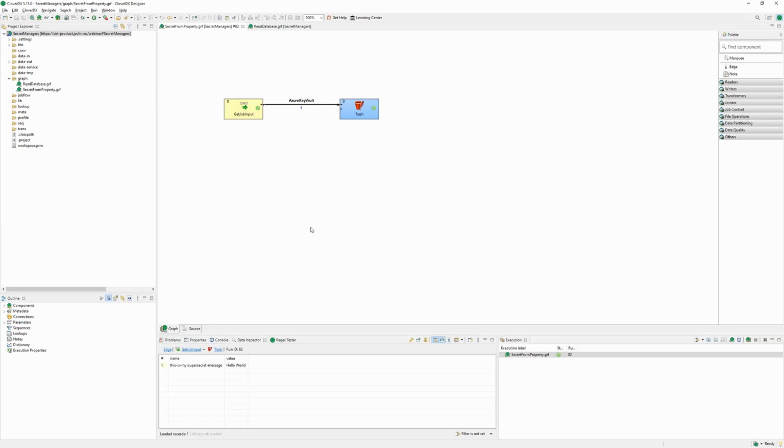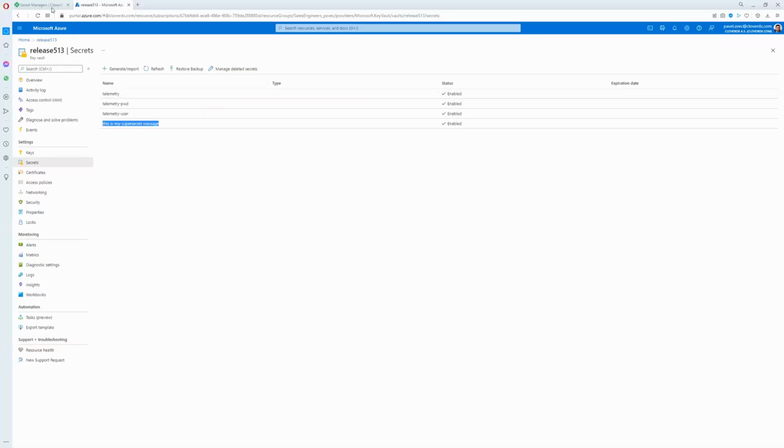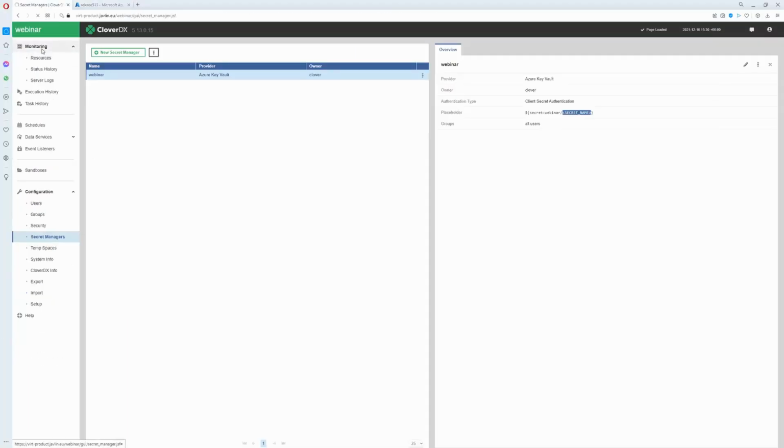All right. So that would be secret managers. Now let's take a look at the second feature I mentioned about running jobs on suspended nodes. As you could see, right now everything ran smoothly. I was able to run a job, no problem. But if I go back and suspend my node,